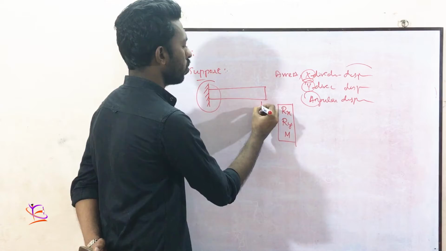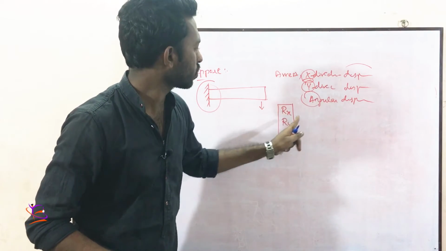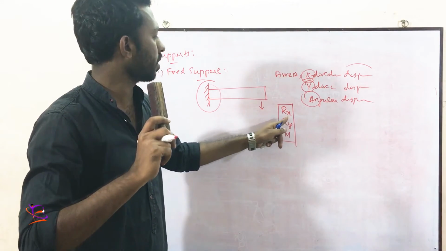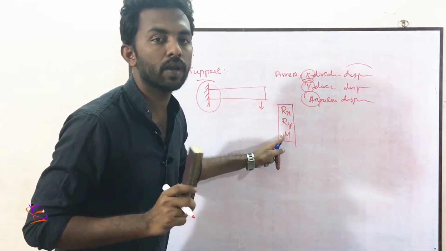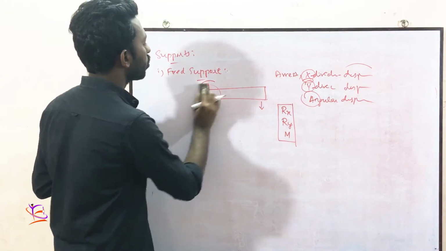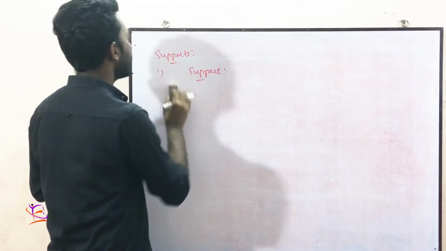Okay, so x direction is arrested, so reaction towards x direction will be there. So reaction towards y direction will be there. The moment will be created when you are considering about the fixed support. Now you can replace the fixed support by the hinged support.